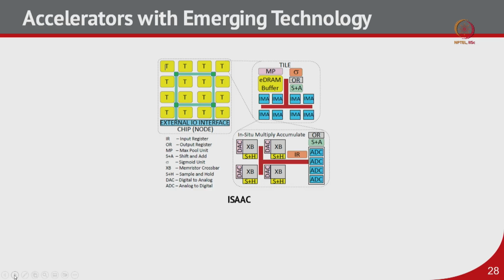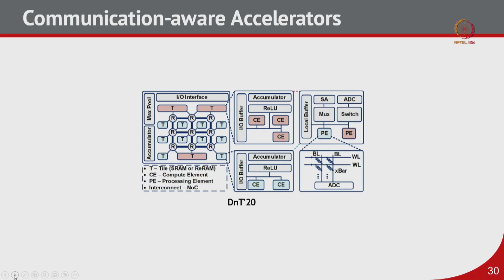We will see all those things, but then again the problem is that communication will be a bottleneck. If we store all the weights on the chip with this analog in-memory computing, that means there will be so much data going around on the chip itself, right? Earlier the data was moving off chip, from the processor to DRAM, but now with this in-memory computing technology, communication is a bottleneck. So, we will see some techniques, like communication-aware accelerators, where there are specific techniques to build the hardware so that the overall communication is less.